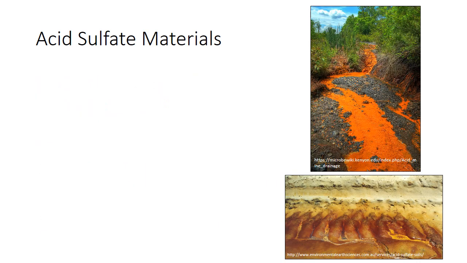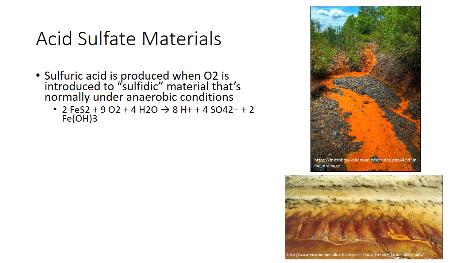Another way we can acidify soils is through acid sulfate materials. Acid sulfate materials are pyrite-containing materials. Pyrite is iron sulfide, FeS2. And so if we have iron sulfides that are in some sort of, say, mine tailings, or another common location for this is